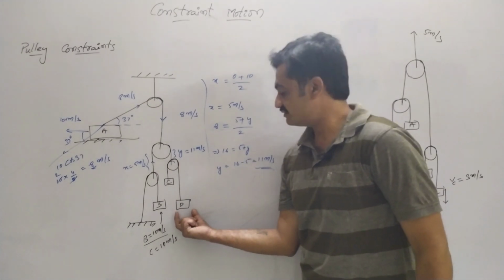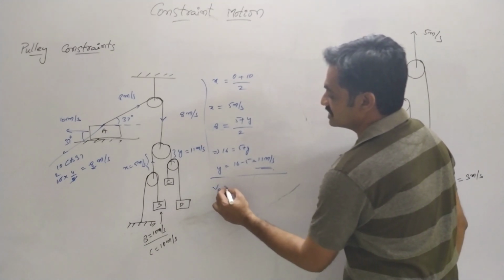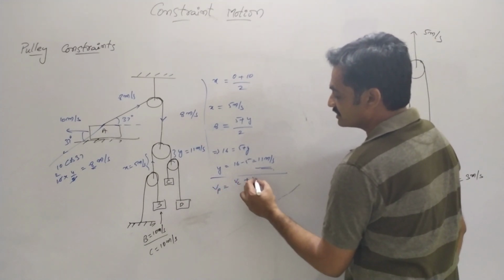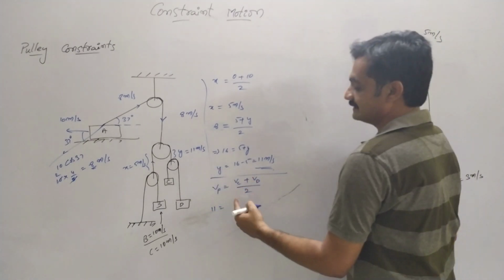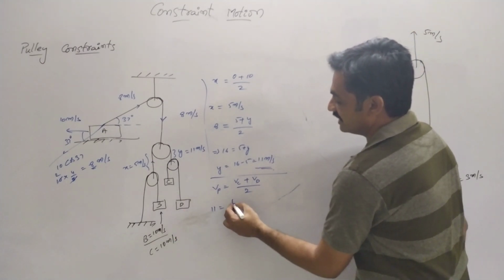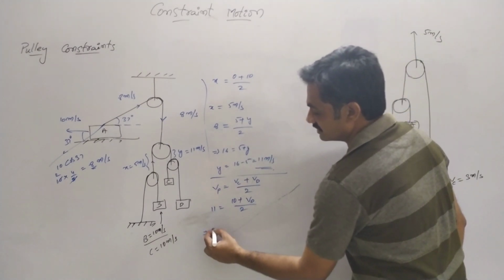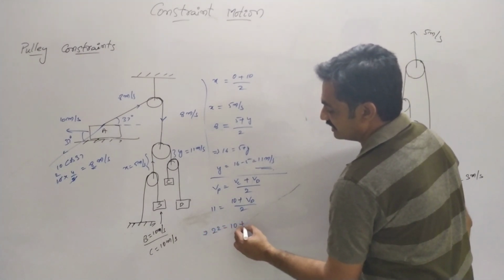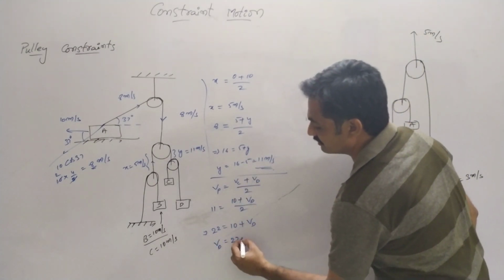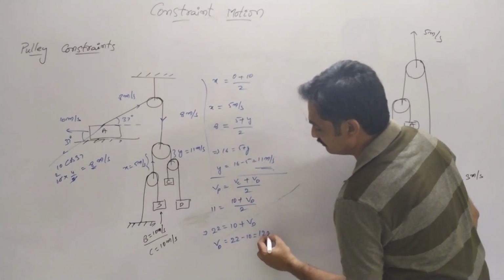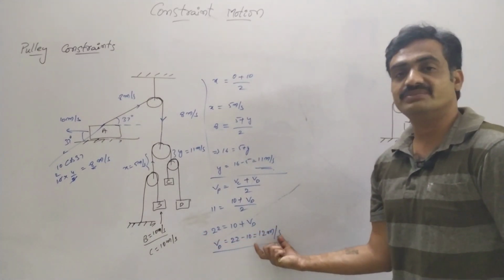We have to find the velocity of this block D. Observe that here we have the velocity of the pulley. Then again we consider the same equation: velocity of the pulley equals velocity of the block C plus velocity of the block D, by 2. Whereas the velocity of the pulley is 11, which equals the velocity of the block C, which is 10, plus the velocity of the block D, by 2, which gives 22 equals 10 plus the velocity of the block D. Then here we have the velocity of the block D equals 22 minus 10, which is nothing but 12 meter per second. So this block moves with a velocity of 12 meter per second.